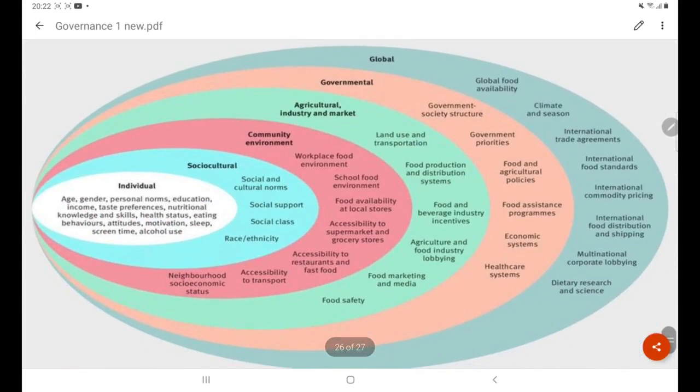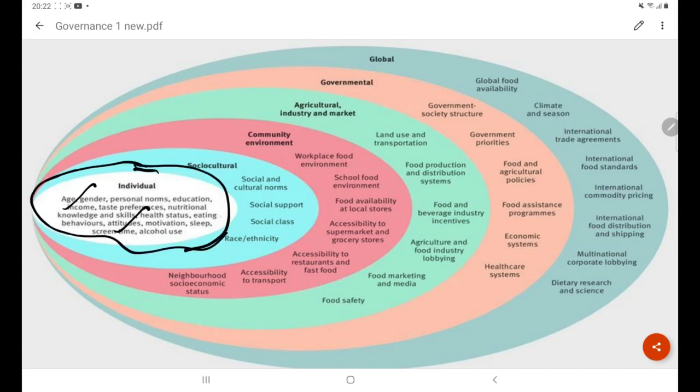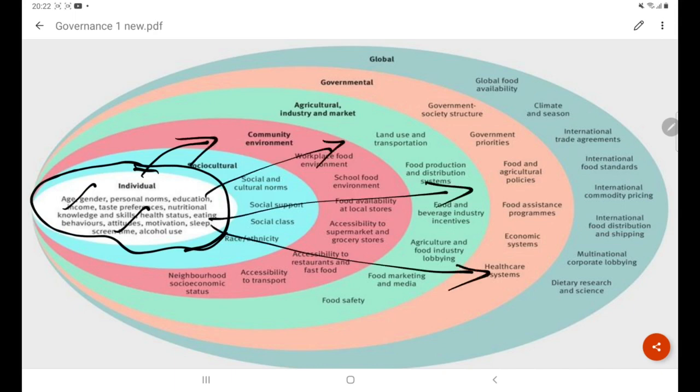Then this is another model, a flowchart. Here, what kind of interventions can be taken by the government. This is like a whole overall diagram. The keywords and this model you can use in governance type answers. So age, gender, personal norms, education, these relate to the individual. This is the space of the individual. Beyond this space, there needs to be government intervention. So this is the importance of government intervention.